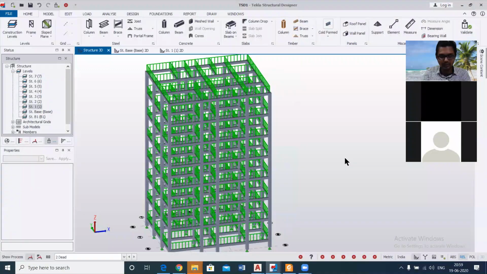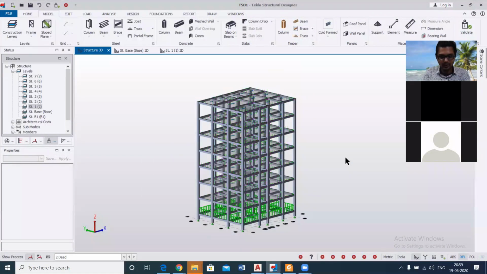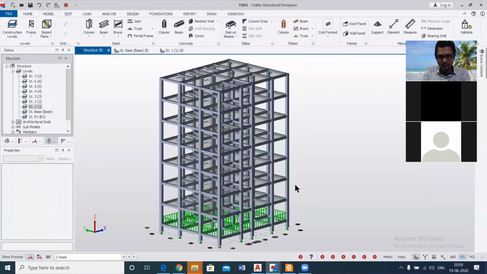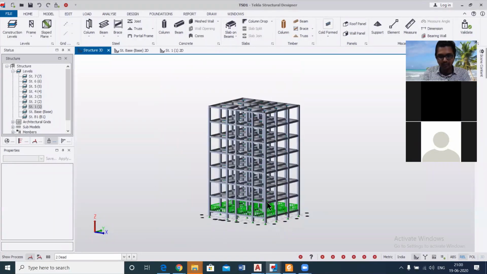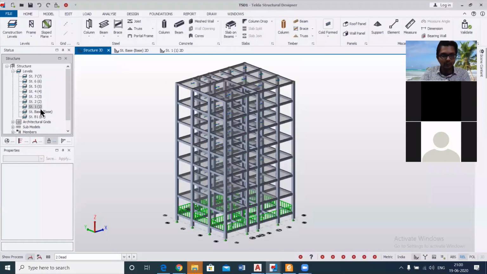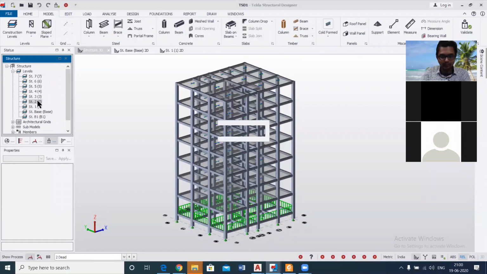As you can see here, the dead load has been copied, but we can also provide the dead load individually to all the floors. So we'll do that also for showing you.